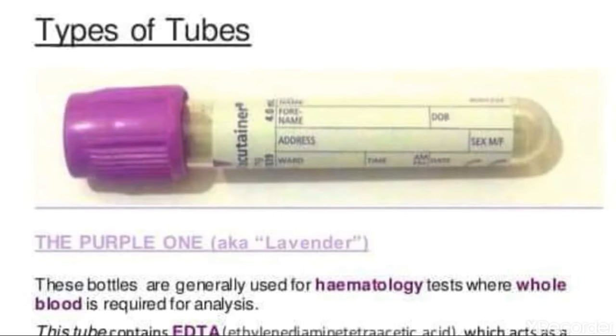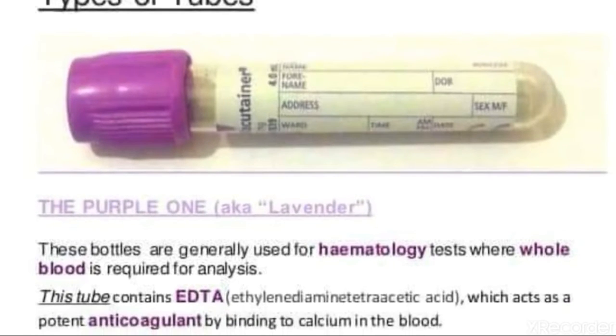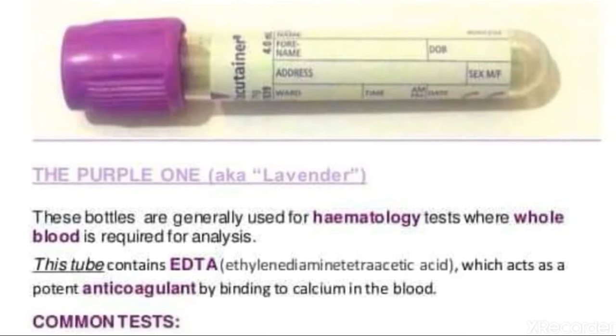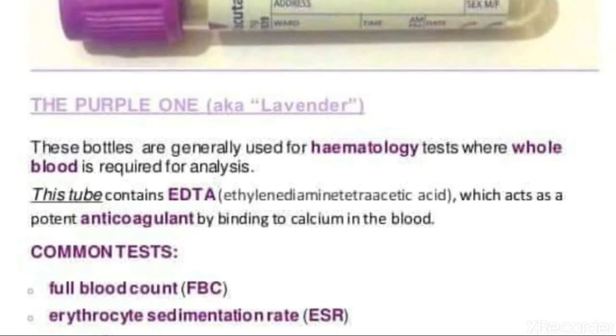hematology testing. What actually happens is we require whole blood for the analysis. For analysis we require whole blood, so this is very important. You know that if we put blood in a simple vial that does not contain anything, the blood will coagulate. So since whole blood is required, there will be an anticoagulant, and the anticoagulant is EDTA. This vial contains EDTA, that is an anticoagulant. It binds to the calcium and prevents coagulation.